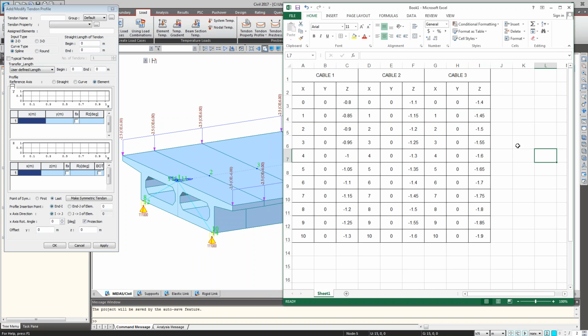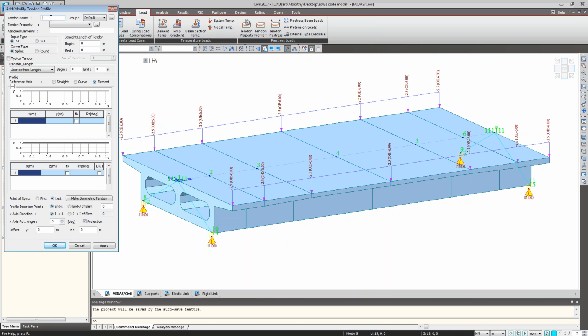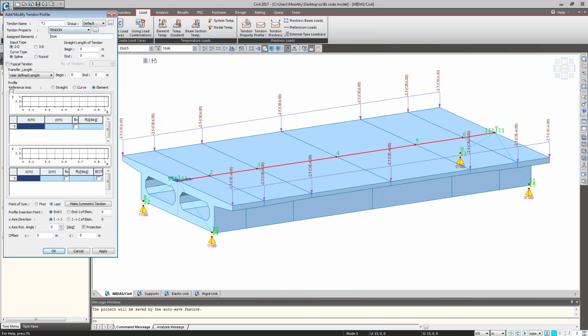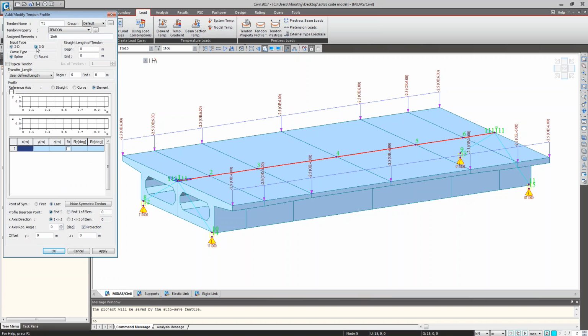Now we are going to use this. Before that, what is the information I have to fill? First I have to mention the tendon name. That is T1, I'm giving. And the tendon property. This is the tendon property which we have defined now. And the assigned element, select the element, it will automatically identify the element numbers, and the input type is 3D because we have calculated the cable coordinates in x, y, z directions. And this is the profile reference point. We are referring the coordinates from the element location